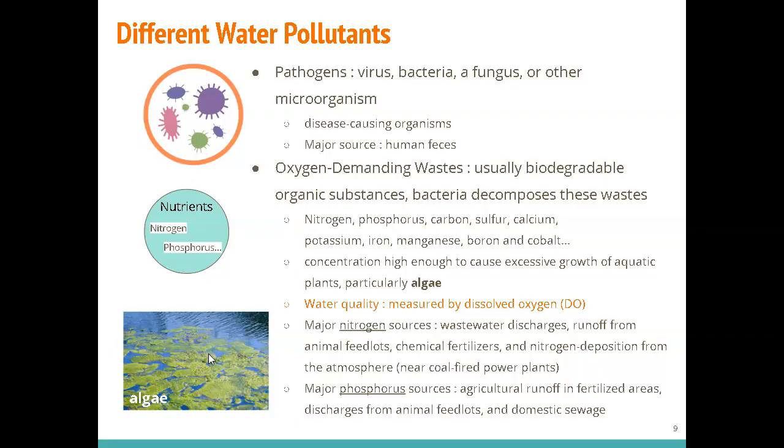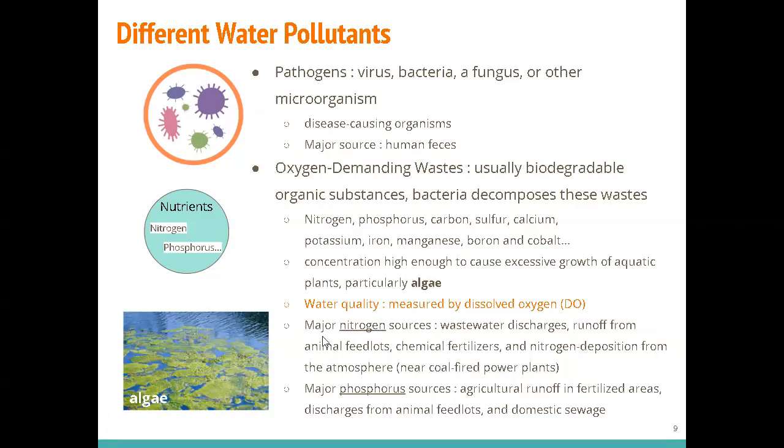So different types. If the concentration is very, very high, you are risking favoring some organisms over the other organisms. For example, if you are having too much nutrients in a water body, you will favor the algae growing in your water body, which means that if this is excessive or extra growth, it's not supposed to be there, right? You are like a god to this water body, right? You're providing more nutrients to some organisms and they will use up all the oxygen. And that's not good for the ecology in this water body.